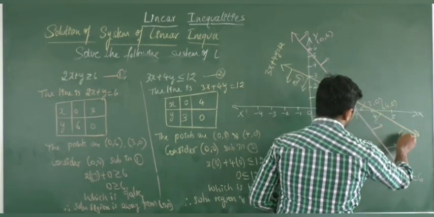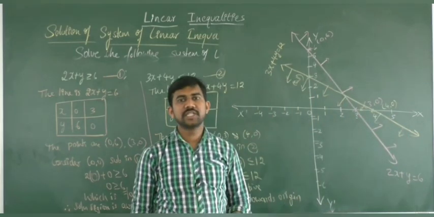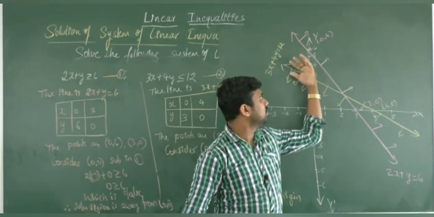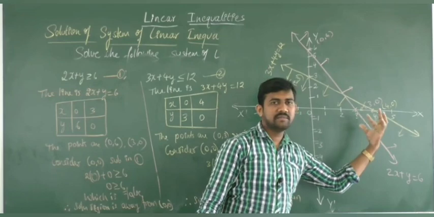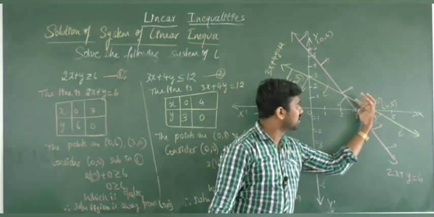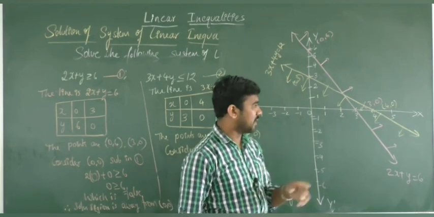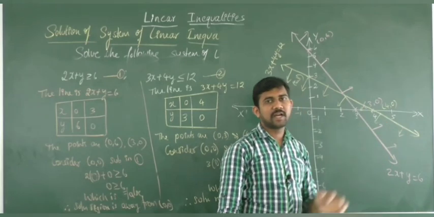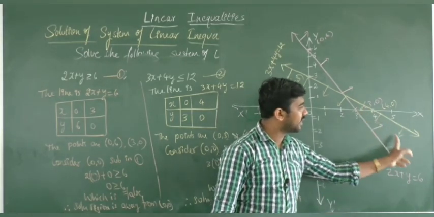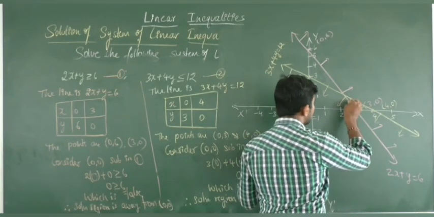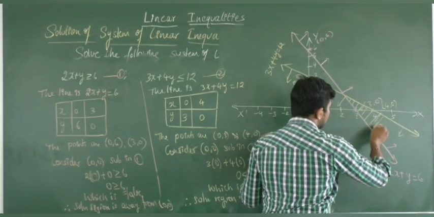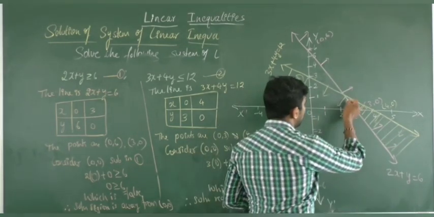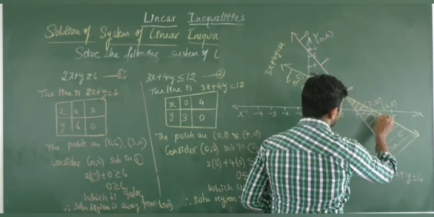Now observe here, for both inequations we got the solution region. Now where is the common solution region? Here this goes in the opposite direction, but here it comes in the same direction. The yellow line you can observe, it came to the lower half plane, and for the pink line you can observe the solution region is the upper half plane. So in this region they are intersecting. In this region you can observe, it is intersecting, so this is the common solution region.